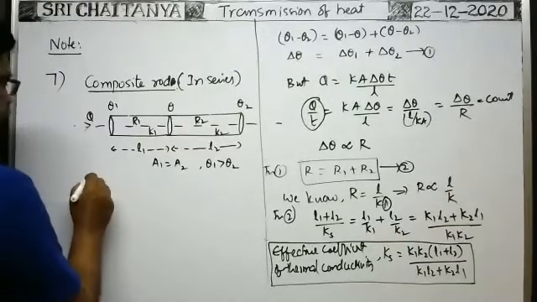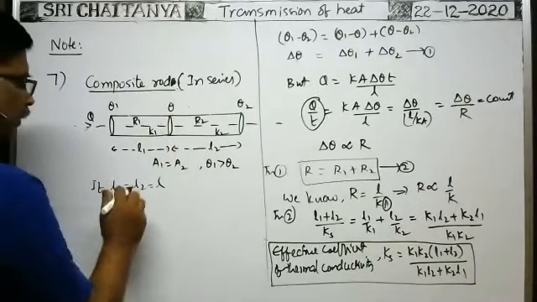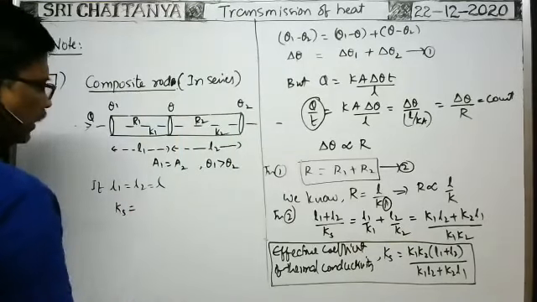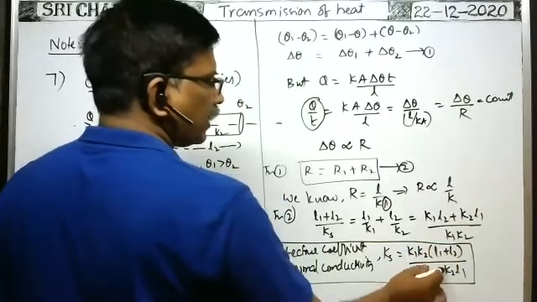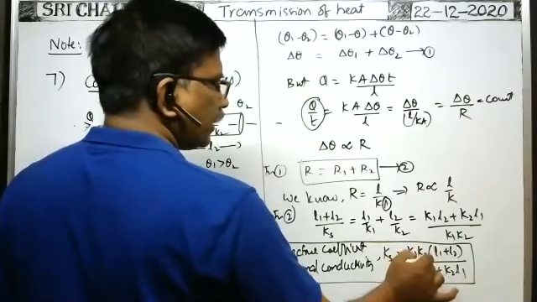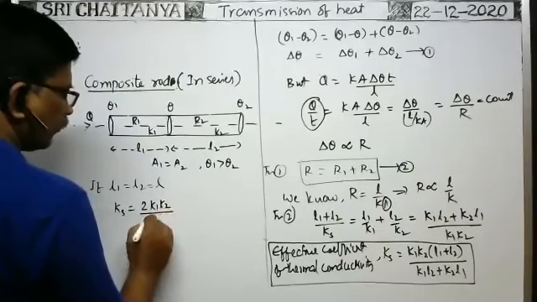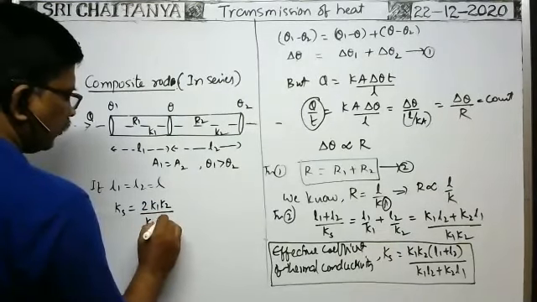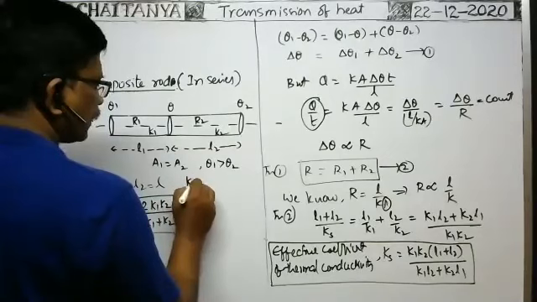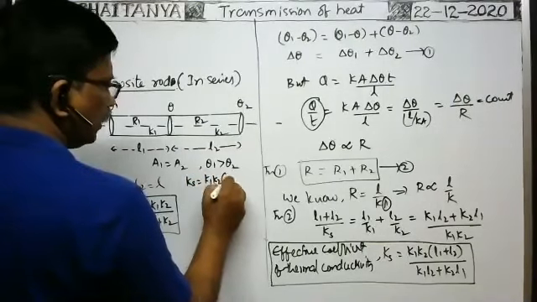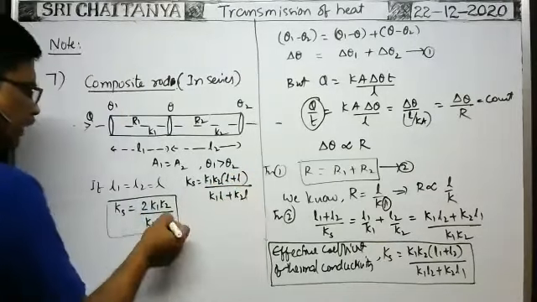Okay. If L1 is equal to L2 is equal to say L, that means the two rods have the same length. Then the effective coefficient of thermal conductivity Ks is equal to K1 K2 into L1 plus L2; instead of L1 and L2, you write L only, so 2L, by K1 L plus K2 L. L you take common, L L cancel. Then you will get 2 K1 K2 by K1 plus K2. This is the answer, because Ks is equal to K1 K2 into L plus L by K1 L plus K2 L. When you simplify them, you will get this one.